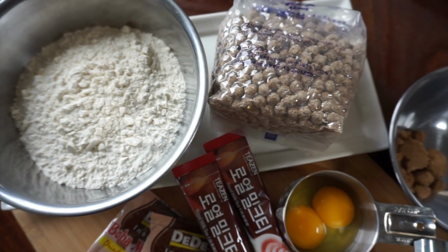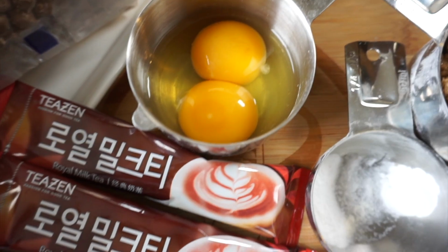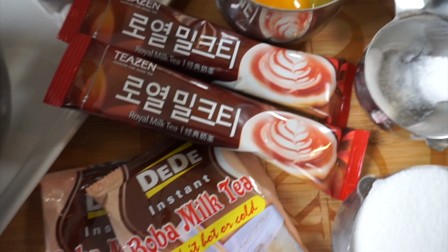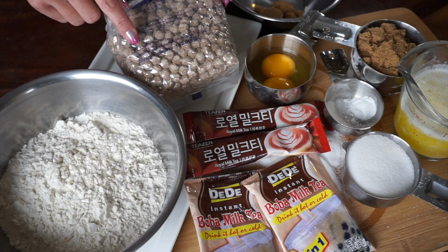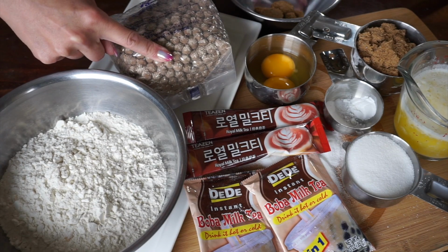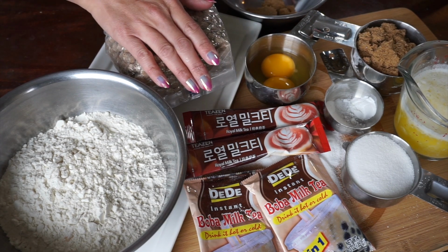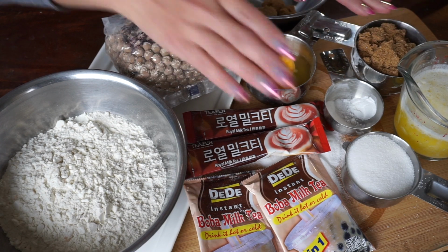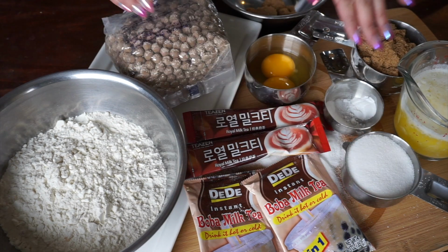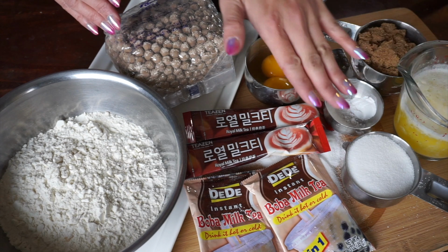Here's what we're going to need for our boba milk tea cookies today. We're going to need all-purpose flour, some tapioca pearls. I can get these at my local Asian grocer, but if you can't get them where you are, I will link you to some Amazon options. A little bit of brown sugar on the side to mix with your pearls after they're done cooking, some brown sugar for the cookies, some granulated white sugar for the cookies, baking powder, baking soda, salt, eggs,